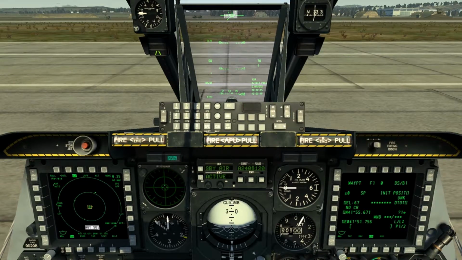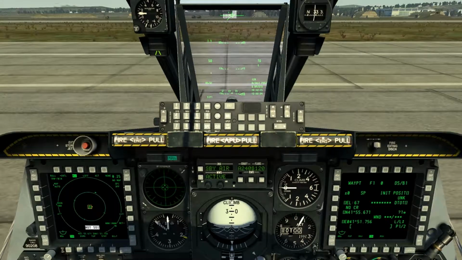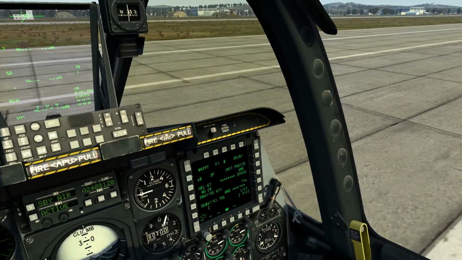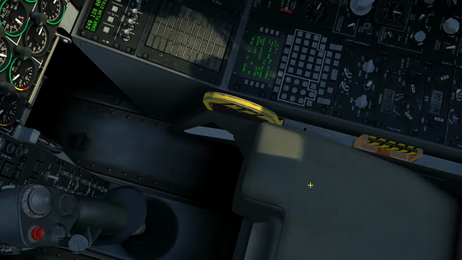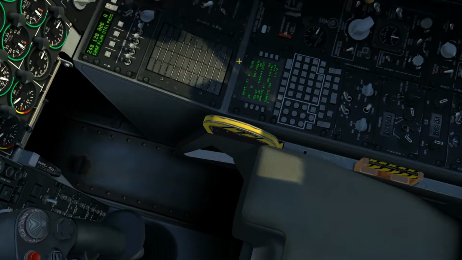Hello. So I'm going to show you how I input a set of coordinates to be able to put it into the aircraft mission waypoints and thus able to help you locate your targets, especially on TTI. Now just give me a second while I set all the config to what it will be in a cold